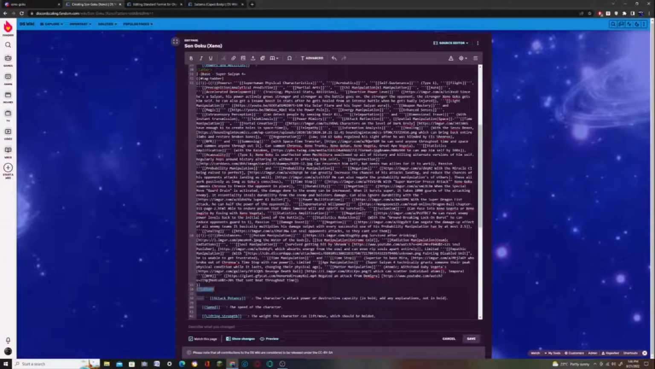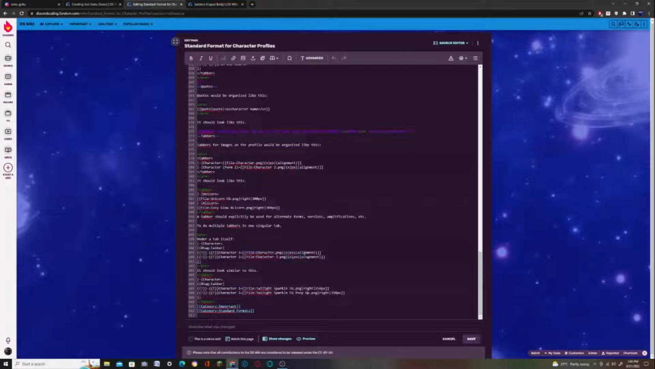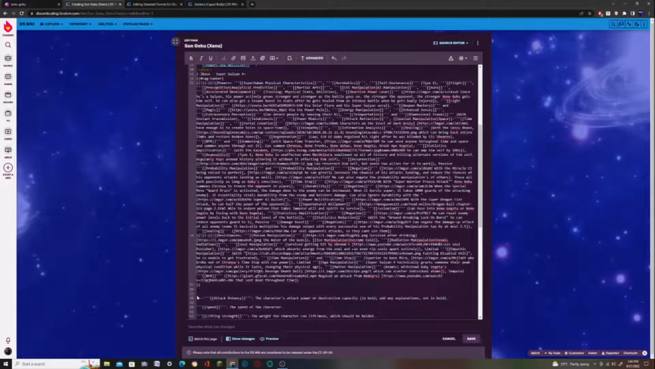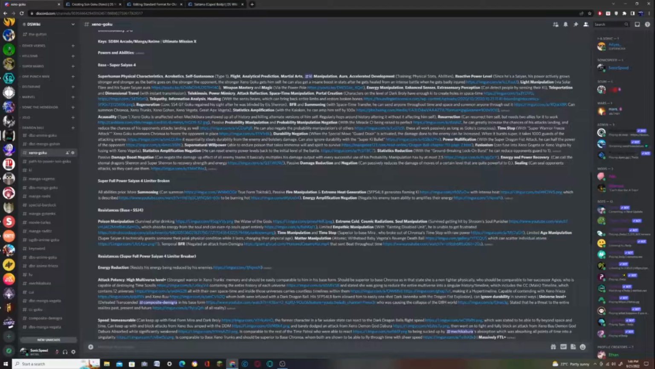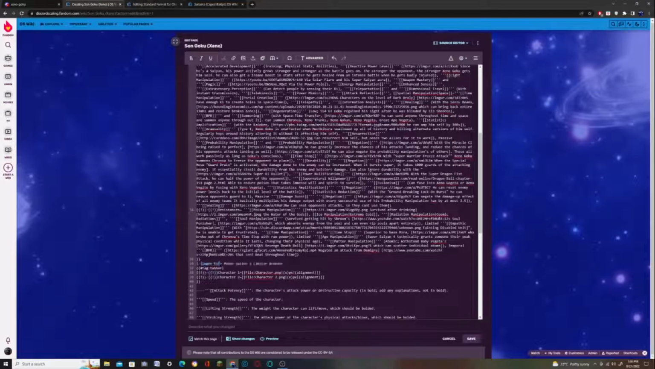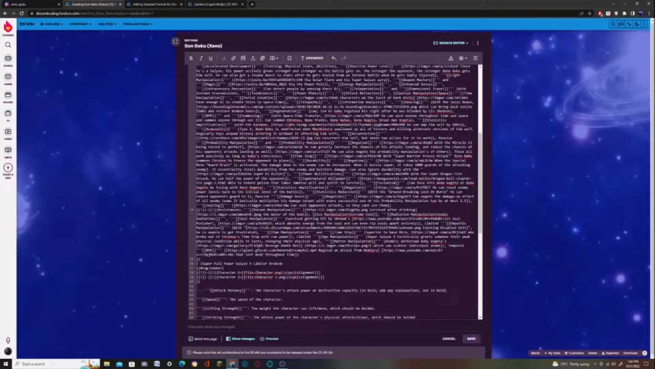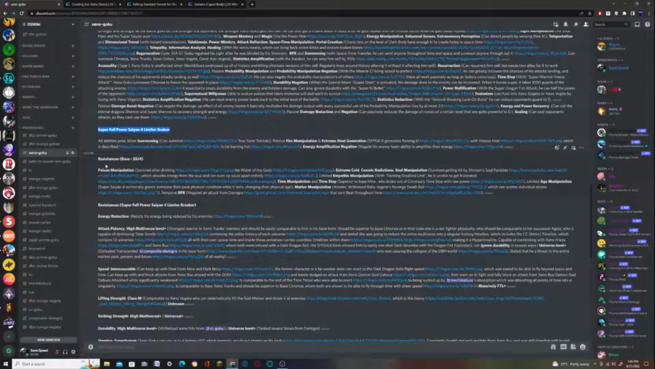Okay, so let's ignore this and make a new this. So we just copy the same thing. We replace character with the tabber name, which is this, and we replace this with powers, this with resistances, like these, and then we add the powers. So